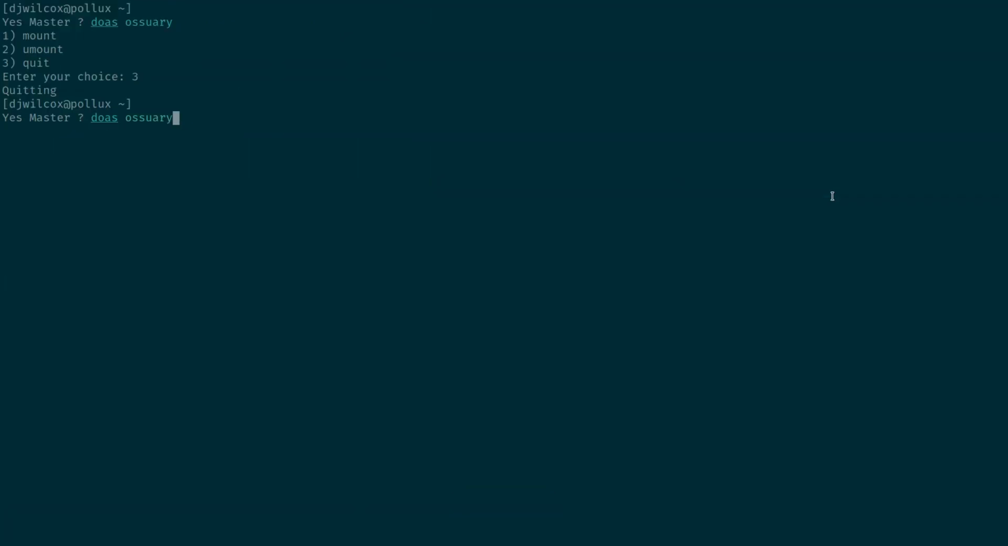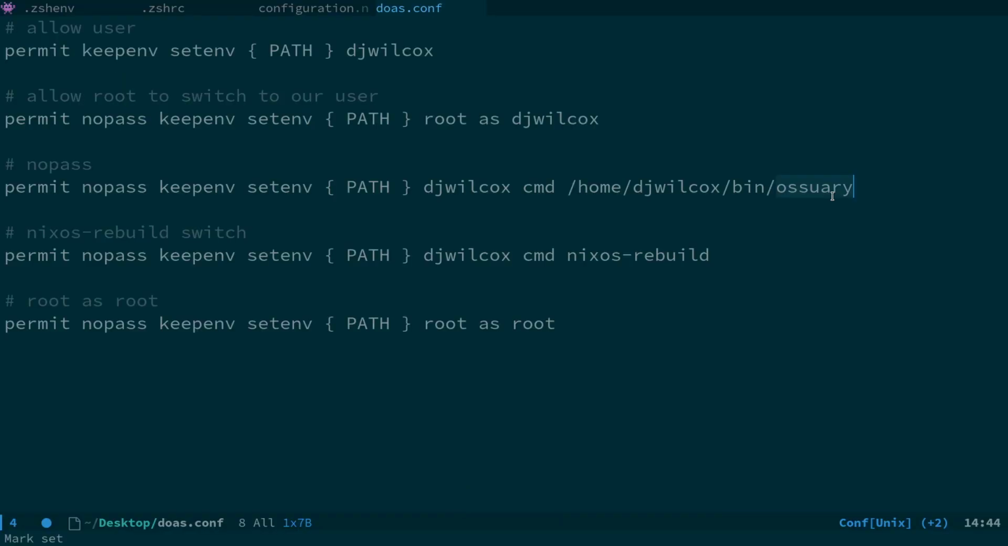So what you'd actually have to do is run the script with the full path, and then once you do that, it wouldn't prompt you for the password. So that's the difference between adding the command option here. So that's why you don't want to add the command option